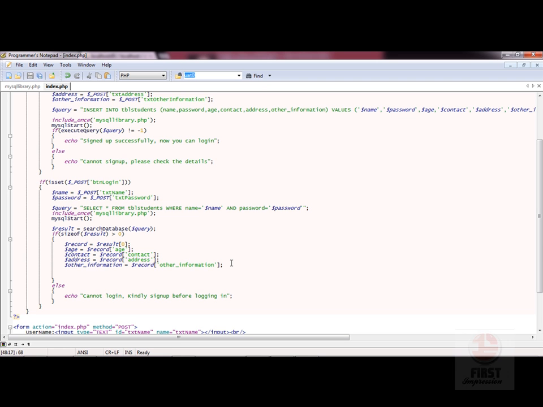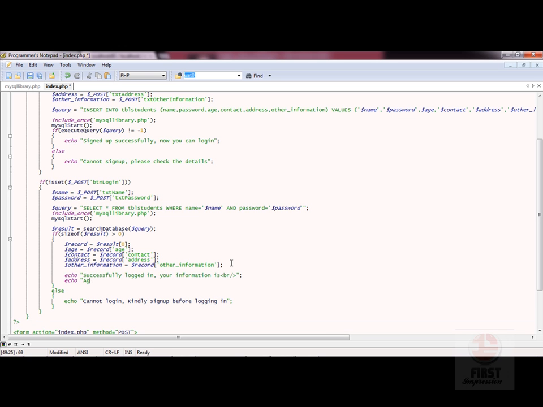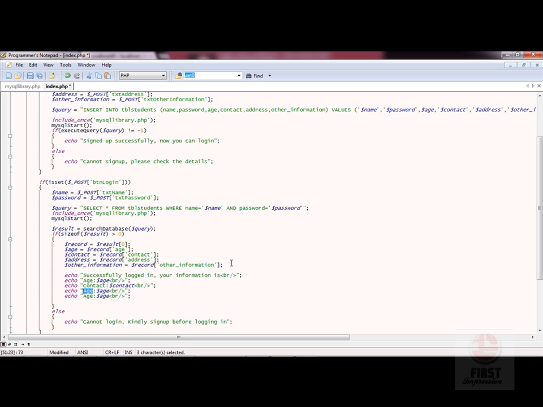If I get all the information from the user, then I'll say echo successfully logged in. Your information is, I can do a br slash over here, so I'll get a new line. Then I'll say echo age is $age br slash. Just copy this thing up and paste it. For all the fields, I'll have contact is $contact. Then I have address is $address. I'll have other information